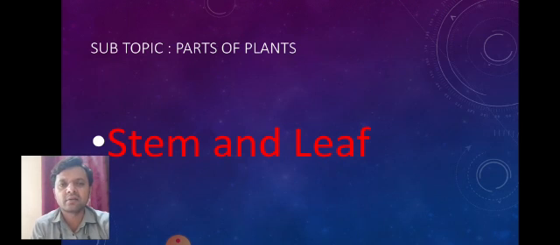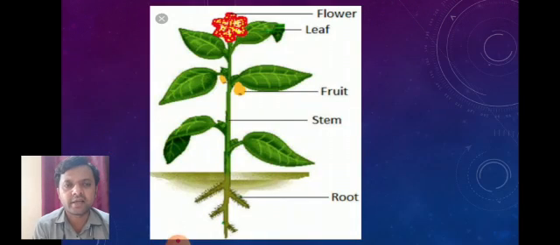Okay, let us see which are the parts of plants. See the diagram. We can see the plant is shown in the diagram. The plant is broadly divided into two main parts. First of all, root, and second is shoot. The part which is below the ground is called a root, and the part which is above the ground, which we can see with our eyes, is called shoot. Shoot consists of stem, fruit, leaf, flower, branches and everything we can see. But root consists of only the roots which are below the ground.